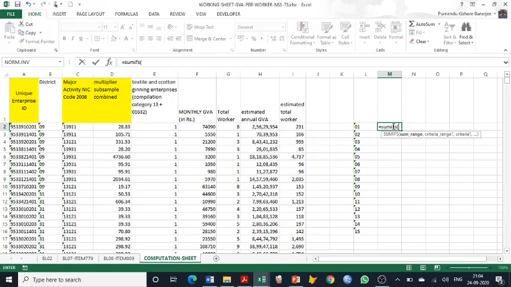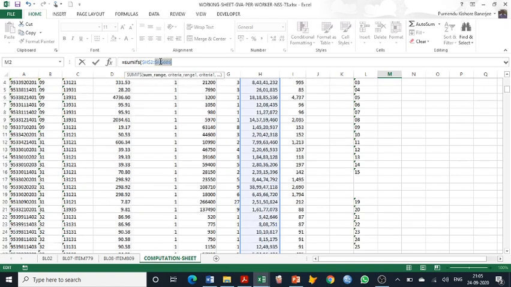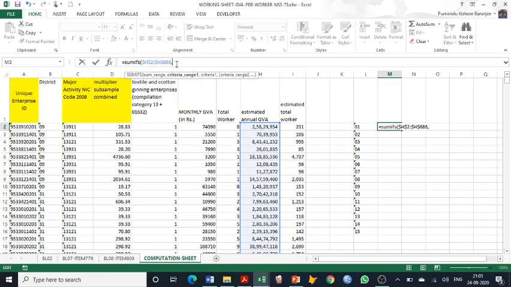The sum range is, first let us see, estimated annual GVA, so H2 to the last cell, H686, and our criteria range is the district code available here, that is B2 to B686. Here also we should give the dollar sign.